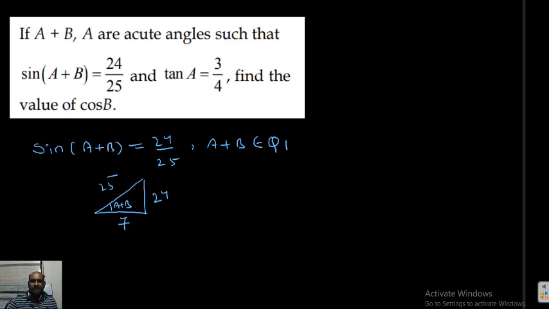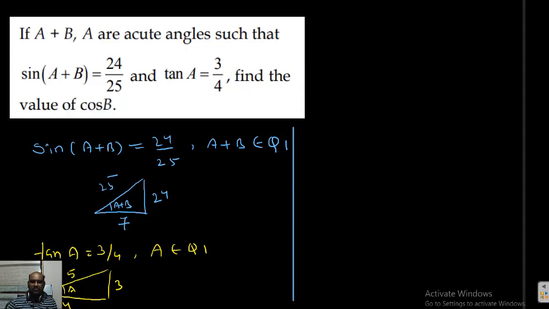One thing, later I will write what are the remaining trigonometric ratios. Then next what is given? Tan a given. Tan a equal to 3/4 and a is acute means obviously a is in Q1 only. So using a small right triangle I can find remaining trigonometrical ratios. For a, this is 3, this is 4, obviously this is 5. Okay, what you want I will write. Yeah, cos b you want, sorry, cos b, but that too in terms of a plus b and a.